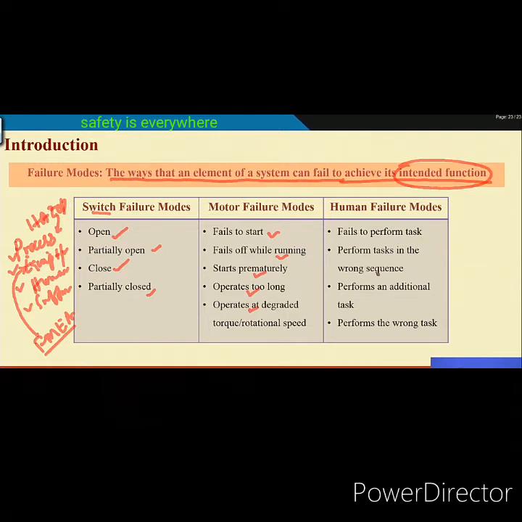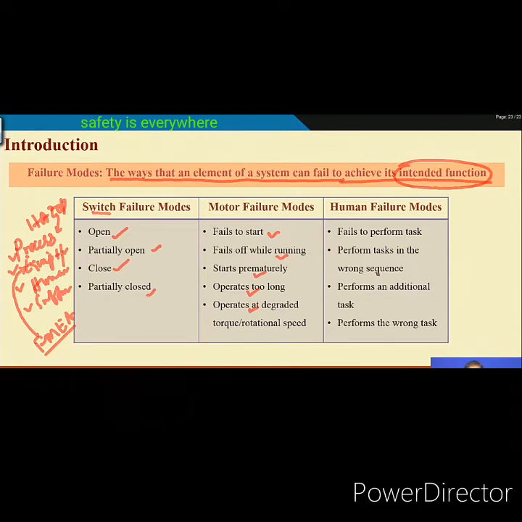That is a failure mode of that missile head. Similarly, in the case of a pump pressure tank system, tank rupture can be a failure mode. Although it is a huge one, it is not a simple one. A tank rupture causes a lot of things; that is also a failure mode. So, there can be a relation between failure modes and deviations, but usually we do not go for this kind of